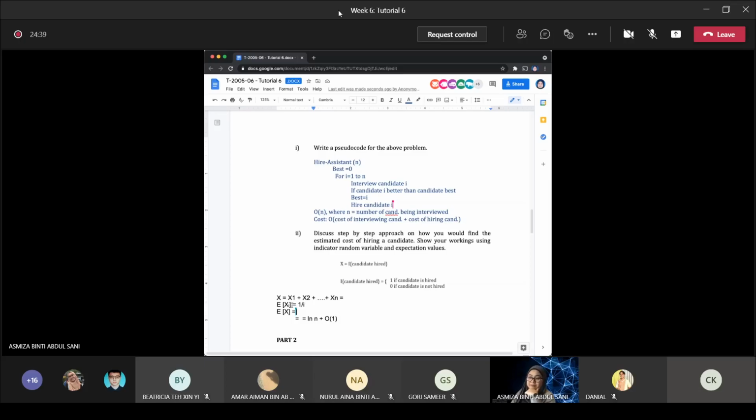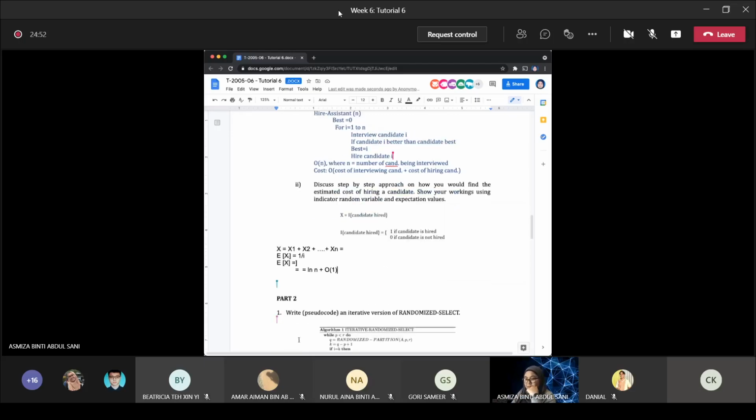So the expected cost for hiring one candidate is 1 over i. Okay, so 1 over how many candidates do you have? All right, so therefore the expected value of hiring, if let's say we have n number of candidates, would be